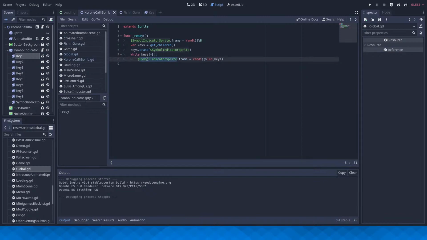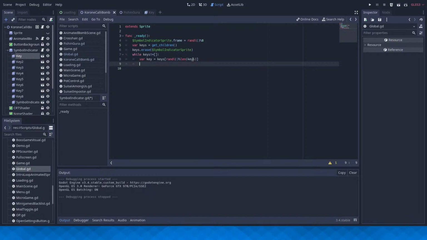So, choose this. Wait, keys, and for key is. It's really hard to commentate over coding while you're doing it. Sorry if I don't talk much.